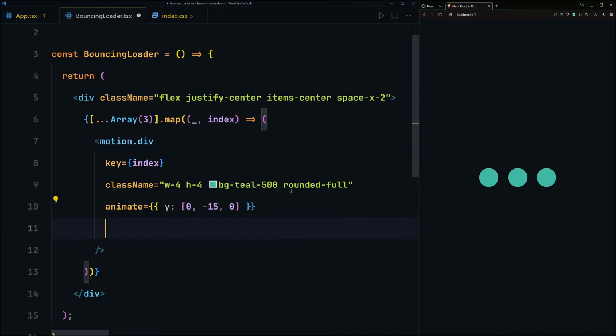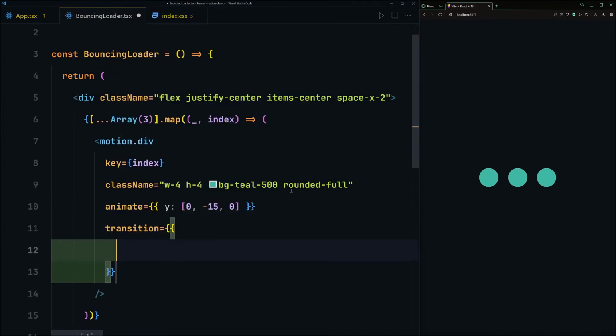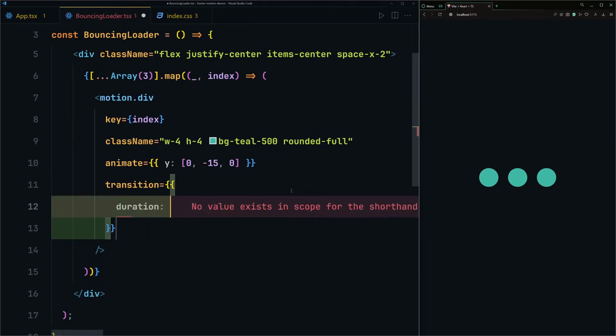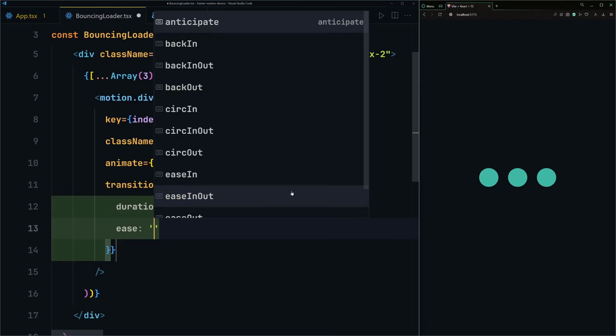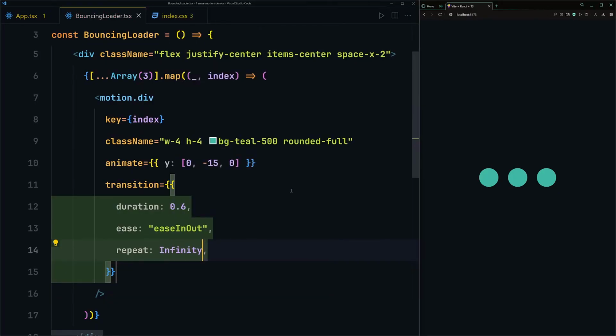Okay, so as soon as I do that, here you can see all of them are now bouncing, but I can also provide the transition, so I'll use transition, and inside this transition I want to provide a bit of duration, and it is going to take like 0.6 seconds. We also want to provide the easing, and the easing will be ease in and out. And I also want to provide the repeat, and it's going to repeat itself infinitely. So now if I save my file and refresh there, here you can see they are bouncing, which is cool,